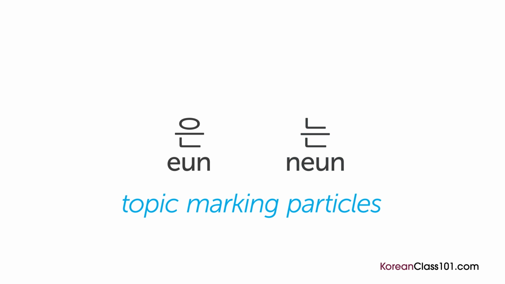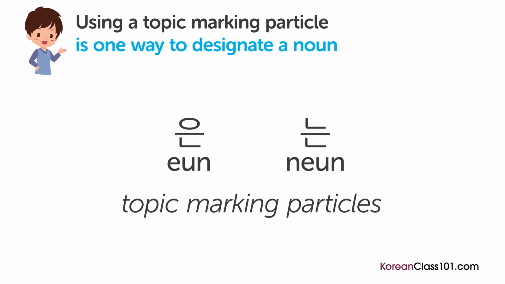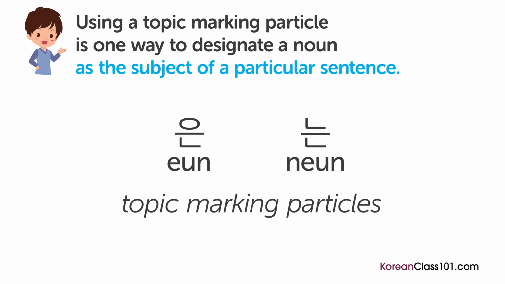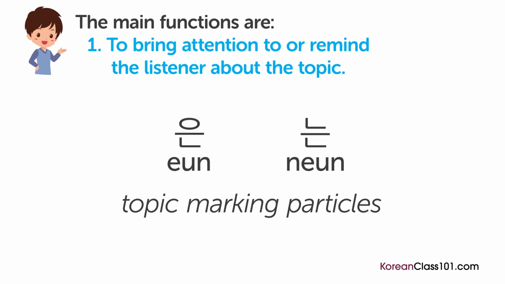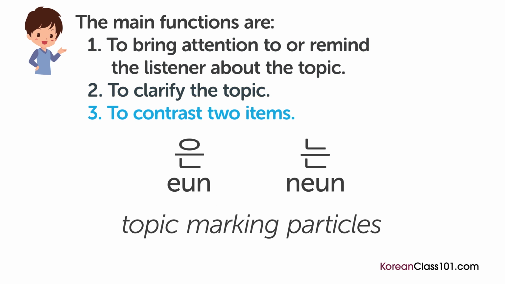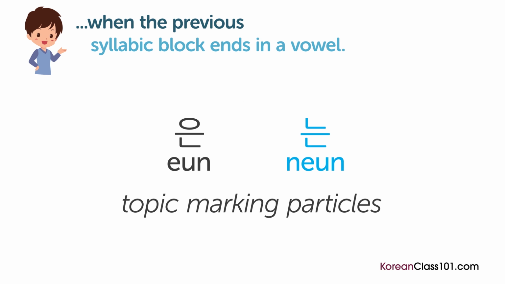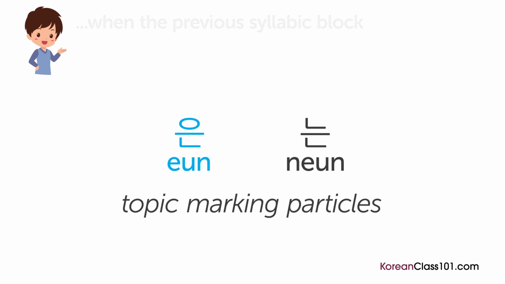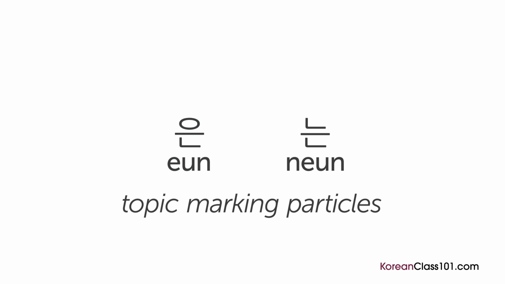은 and 는 are called topic marking particles and are placed after a noun to specify what's being discussed. Using a topic marking particle is one way to designate a noun as the subject of a sentence. The main functions of 은 and 는 are to bring attention to remind the listener about the topic, to clarify the topic, or to contrast 2 items. You can use 는 when the previous syllabic block ends in a vowel and 은 when the previous syllabic block ends in a consonant. Let's take a look at some examples so you can learn how to use 은 and